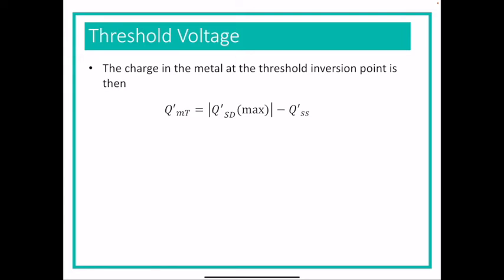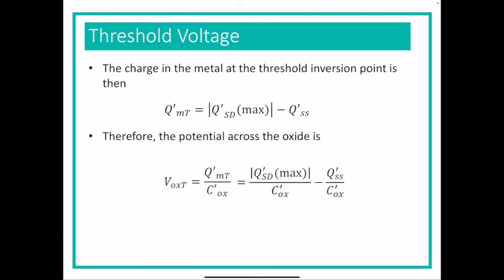as long as we can calculate the value in the bulk semiconductor material, which is Q prime SD max, we can do that. And as long as we know the value of the charge stored in the oxide. And that means that the potential, now that we know that the charge stored in the metal is equal to the total charge in the semiconductor minus that in the oxide, we're getting closer to being able to figure out